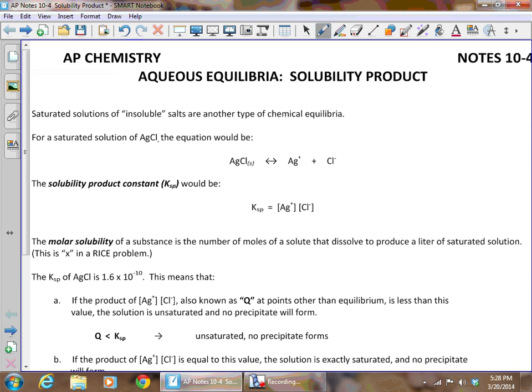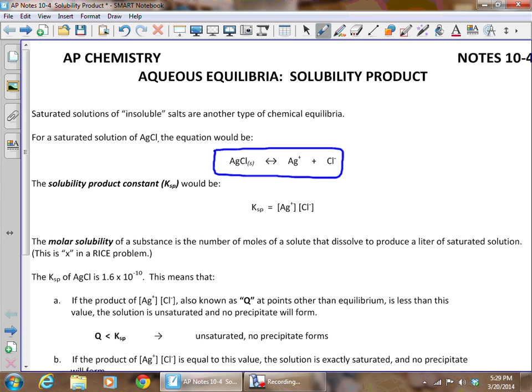Today we're going to be talking about solubility product, which is a type of chemical equilibrium. This type of equilibrium deals with an insoluble salt, an insoluble ionic compound. So when we write the equilibrium, or the reaction for this type of compound, we're simply going to show that it slightly ionizes. It is an insoluble salt after all, so it slightly ionizes to form a silver ion and a